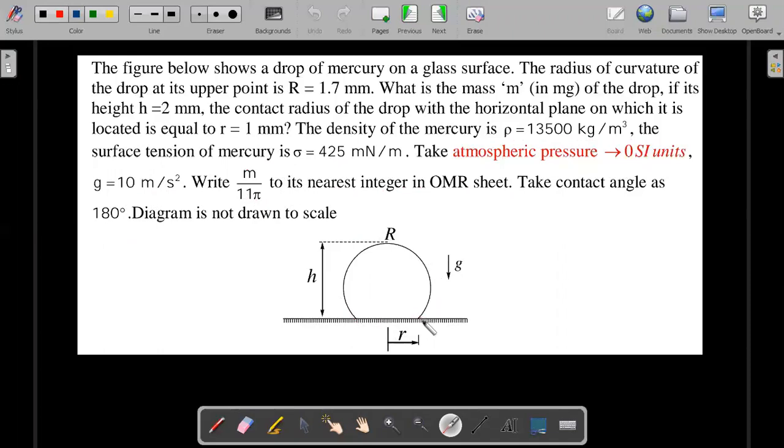So you want to give it a try. It's a very important problem. This kind of situation would be expected in JEE Advanced. We'll just pause here, give it a fair try for 5 minutes, and then come back for the concept and the solution that I'm going to explain.